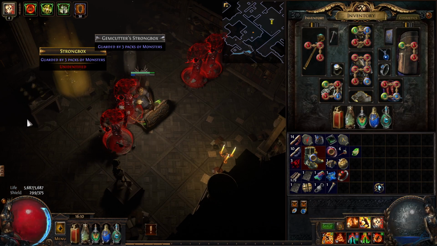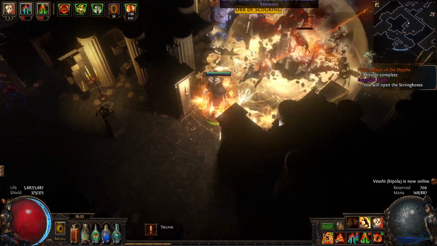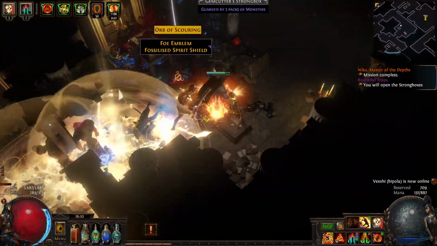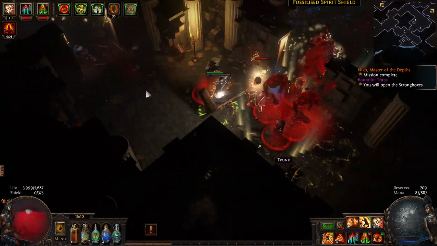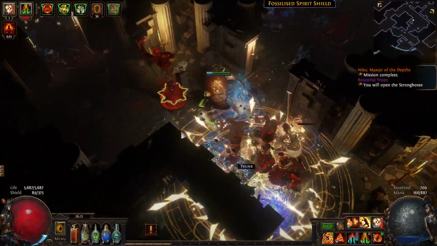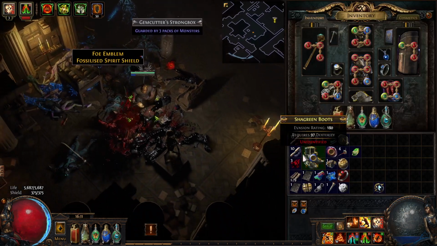Gem cutters is actually kind of interesting. The reason it's interesting is because apparently Enlighten, Empower, and Enhance, I guess specifically Enlighten and Empower, are super expensive this league. With Gem Cutter Strongboxes, normally you don't really want to roll them, it's just not worth it. But this league, there might be an incentive to roll support gems at the very least, just for the chance of getting...